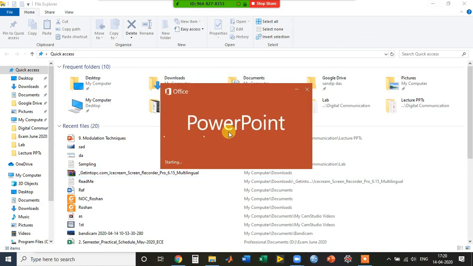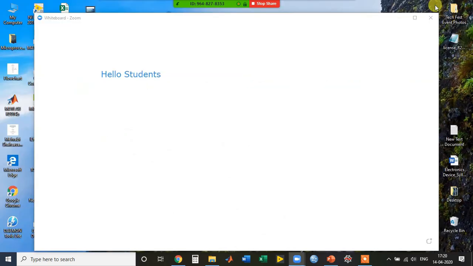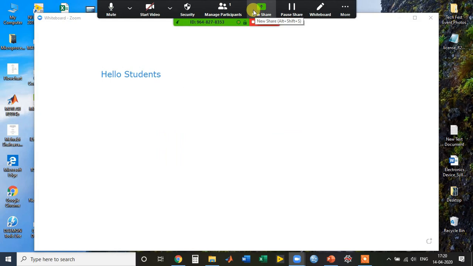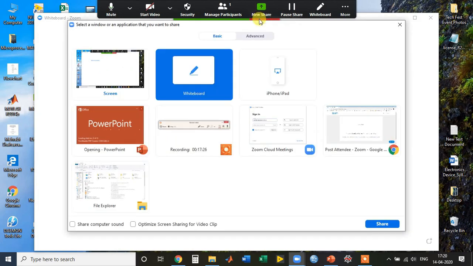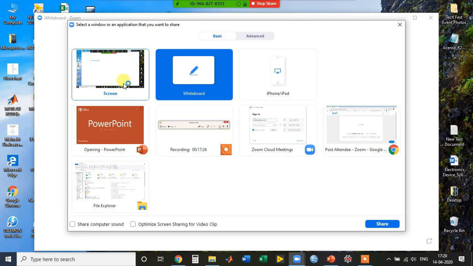So I am opening this PPT, and I will share it once it is opened. Before you start your class, you need to open this PPT and then you can share. Okay, now if I go to this share window, see, these are the screens that are available to us for sharing. So we have this file explorer.